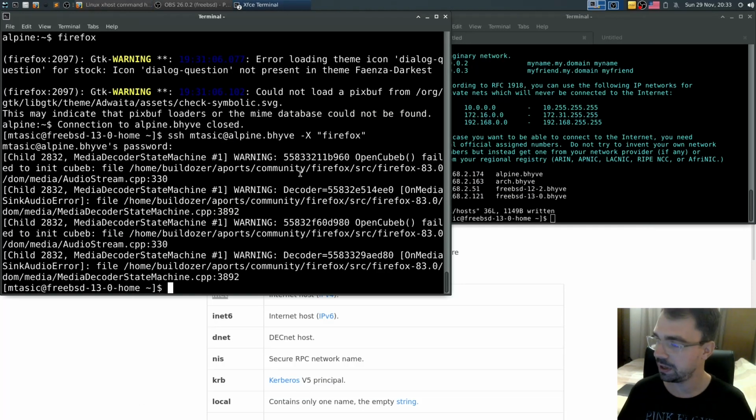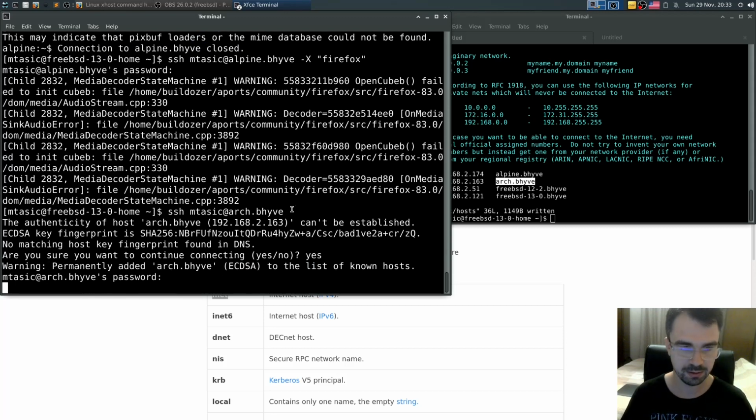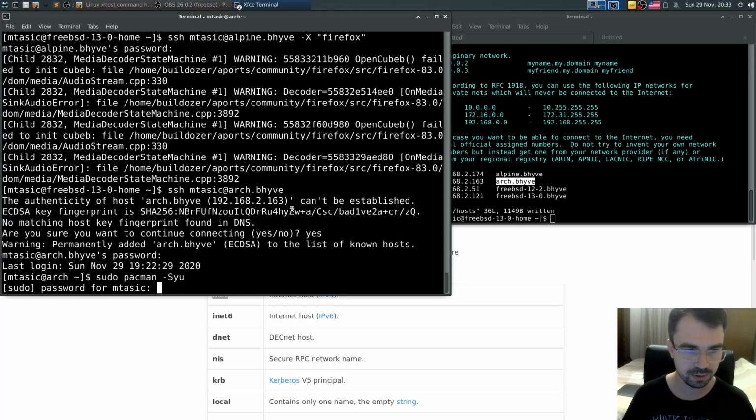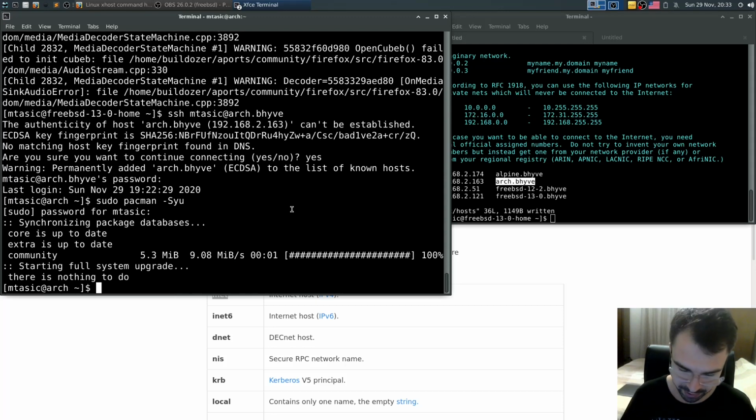Let's move on. Let's now SSH into Arch bhyve. Yes. Great. See if sudo is working. I don't know if I set up sudo. I did actually. That's good. So I can say sudo pacman install the following: xorg-server, Firefox, and